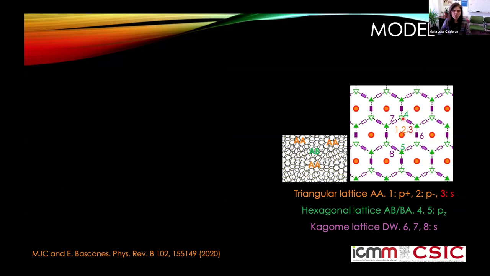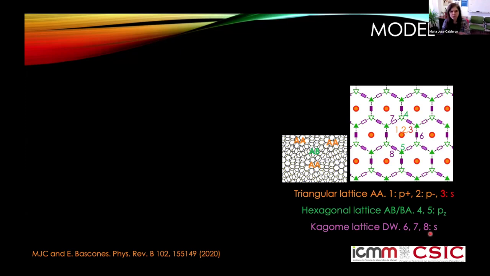Then in the hexagonal points, we have these green orbitals that have PZ symmetry, and these correspond to the positions in the lattice in which we have AB or BA stacking. And then in between, we have these domain wall regions that are signaled here in purple, and here we have a Kagome lattice, and we have 3 orbitals with S symmetry. So these are the orbitals that we have,